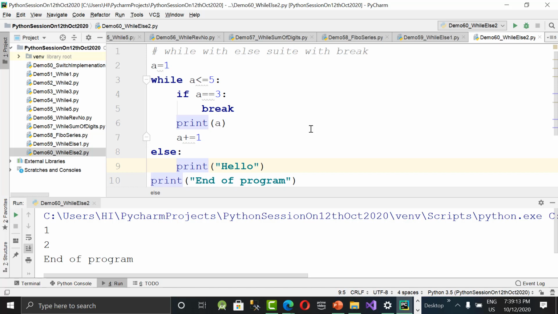Okay, so tomorrow we'll start with the for loop. For range, how to use it, and we'll see some other examples on the same. Okay, so please practice all these programs. If you have any doubts, please send me a text or mail so that